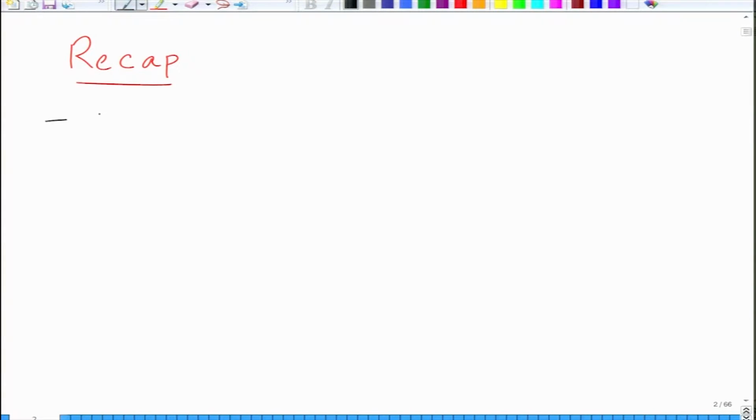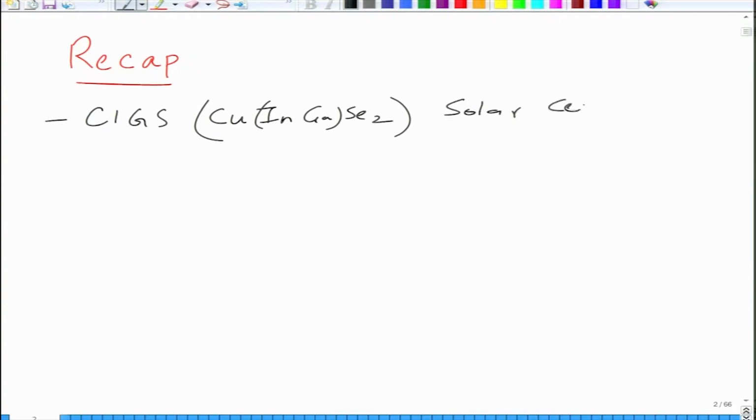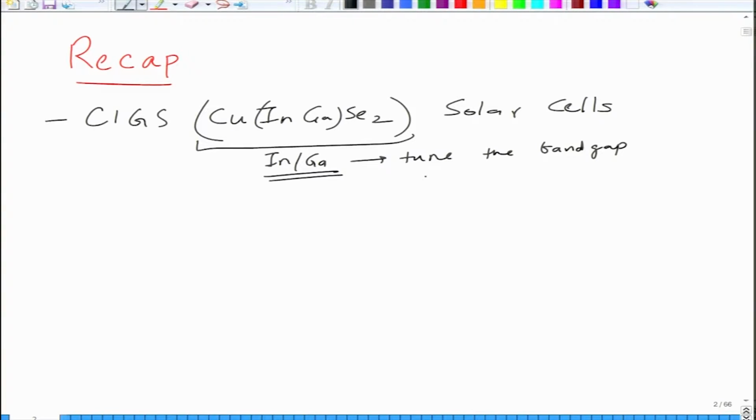In the last lecture we talked about CIGS, or copper indium gallium selenide, solar cells. This is an interesting material because by changing the ratio of indium to gallium, one can tune the band gap. Again, it has a similar structure to CdTe solar cells, and CIGS layers, as we saw in the last lecture, can be formed by